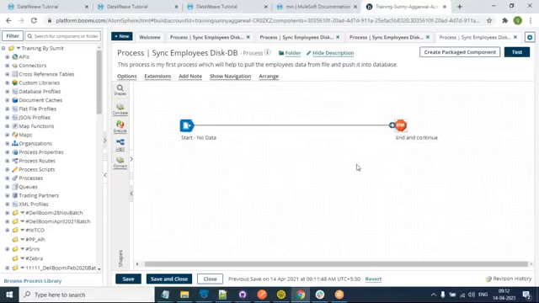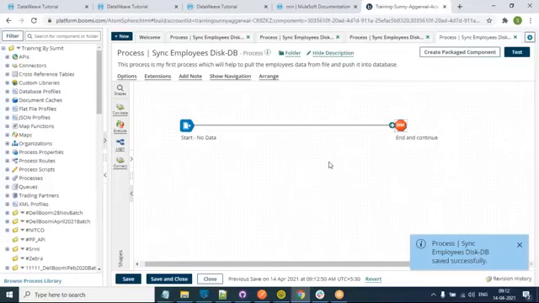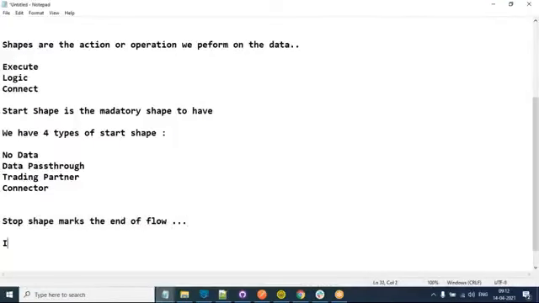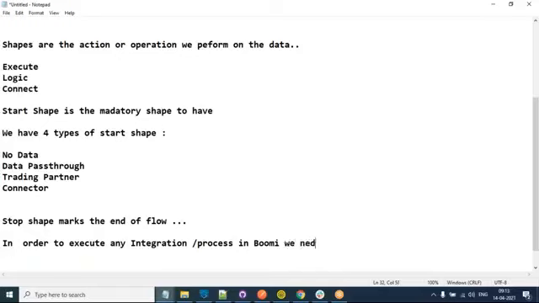Now let's say I want to execute this. To execute any entity or any process, we need some runtime engine. How do we develop integration? With the help of processes. So in order to execute any process in BOOMI, we need some kind of runtime